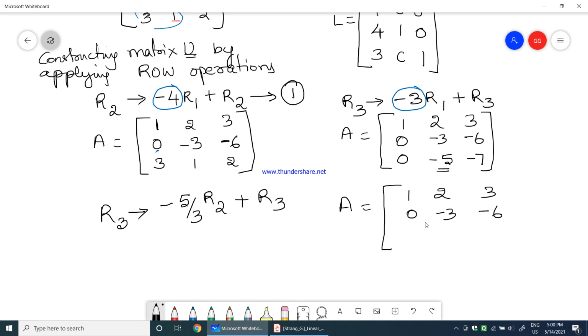Okay. Then this is 0, because 0 into -5/3 is 0 plus 0, which is 0. -3 into -5/3, 3 gets cancelled. -1 into -5 is +5, and -5, which becomes 0. So it is -5/3 into -6 plus -7. So 3 2s are 6. -5 into -2 is +10, -7, which is equal to 3. This becomes 3.